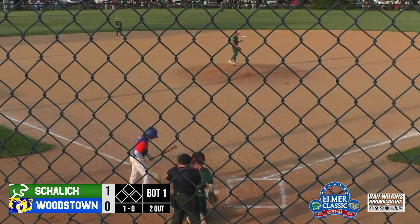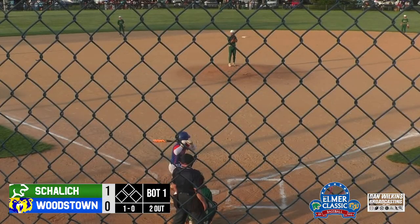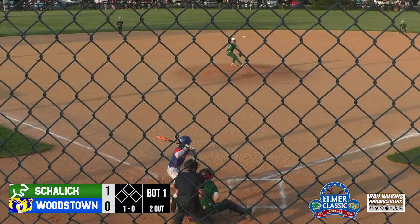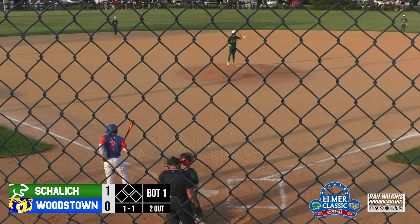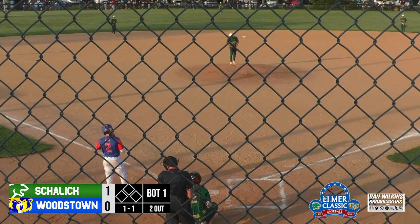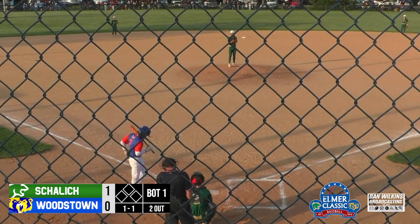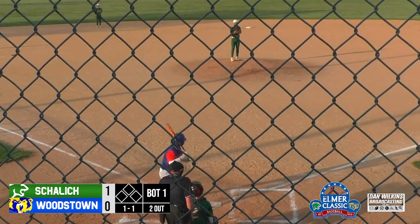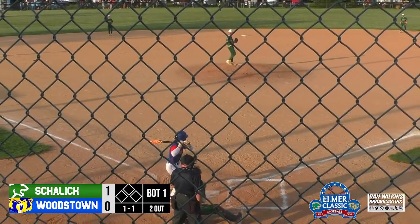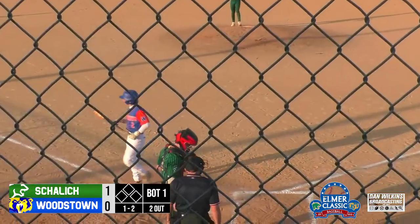It's 1-0 to the number 3 hitter, Ty Koblenz. Koblenz is one of those players that I've been excited to watch ever since I started out doing this in 2022. Very excited to see him as a prospect when he was a freshman, and now he's developed all the way up into his junior year as he's got a 1-1 count here. But he's one of those players that, even though he's 5'8", 150, he's a catcher, but he's stolen 37 bases in his career. He's a .317 career hitter, has 11 swiped bags this year, as that'll be a bunt swing and a miss,